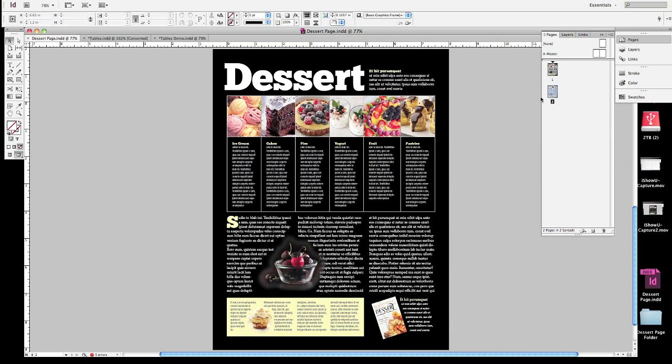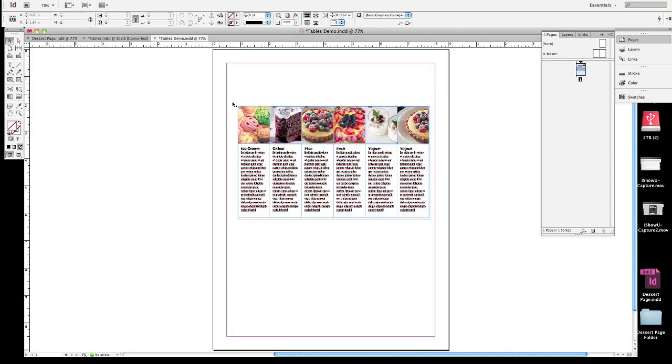Now there's a lot more things that we can do with tables in terms of rule weights and in terms of positioning and all kinds of things. But I want you to try this. Those of you that have Adobe InDesign, that were able to download it, I want you to try messing around with some of these tables. Create a table, get some photos. You can download some photos from Google, and create a table of so many rows and so many columns, and insert photos in those cells, insert text in those cells,